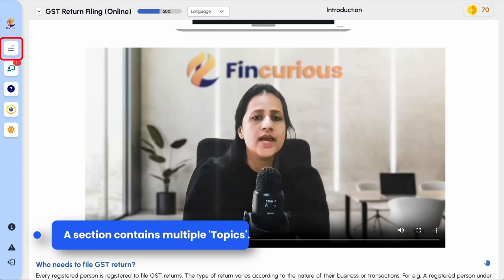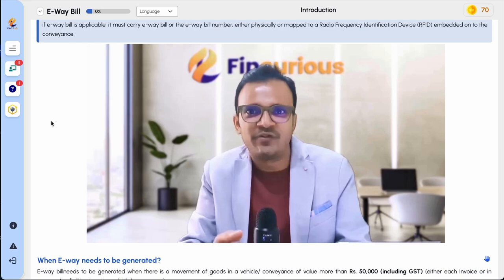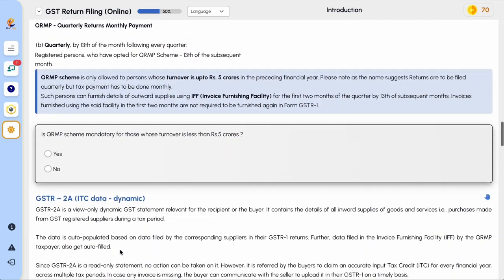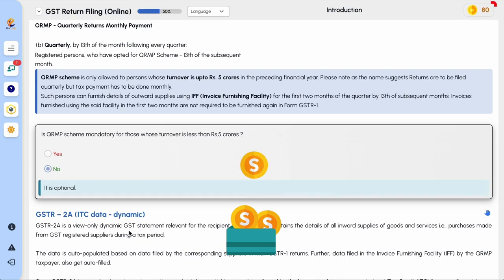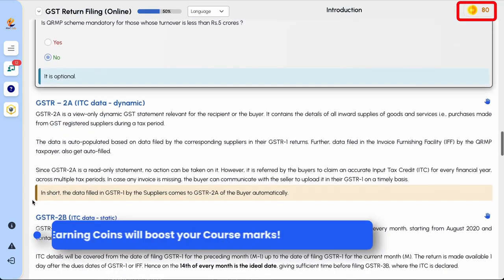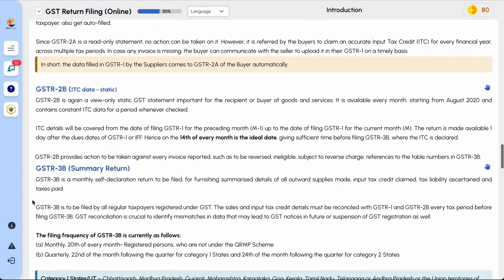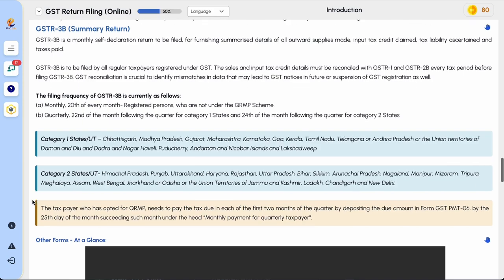Each section contains textual content, conceptual videos by experts, which helps you in understanding concepts quickly. You can also raise your hand on a topic to request sessions on that topic. Gamification in the form of interactive MCQ, where you also earn coins. Click here to view the total coins earned. These sections help you in gaining knowledge in a particular topic in one shot.